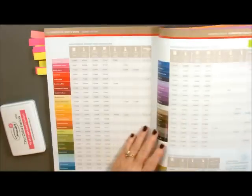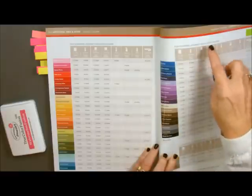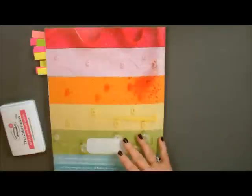Our white is standard white cardstock at the exact same price. You get 25 sheets for this amount of money right here. $6.95 gets you 25 sheets, and it's just amazing. All right, so now one other thing that I want to show you, and I will do a whole video